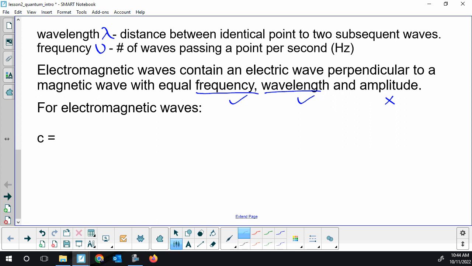Now, for electromagnetic waves, they all go the same speed. All colors of light go the same speed. Light coming from the sun goes the same speed. TV waves, your cell phone signals going from your phone to your tower, they all go the same speed. It's such a fundamental speed in physics and chemistry, it's given a special symbol, c. So how fast all electromagnetic waves go, c,